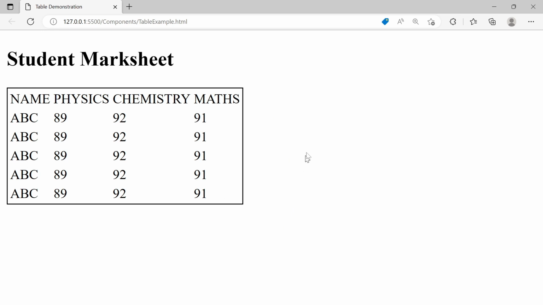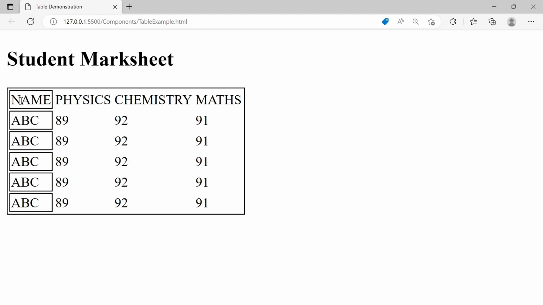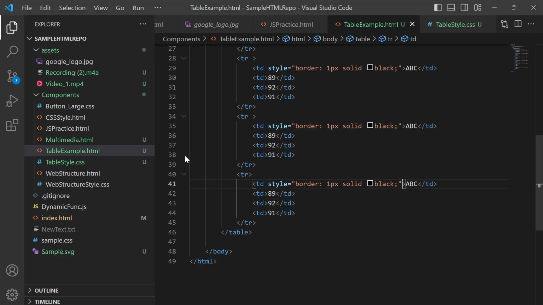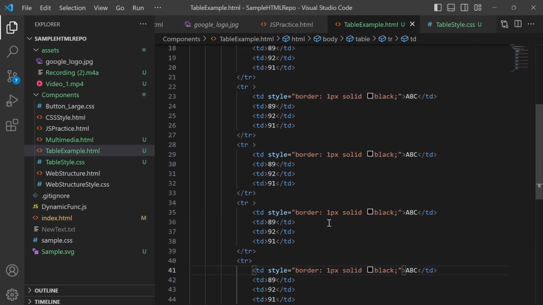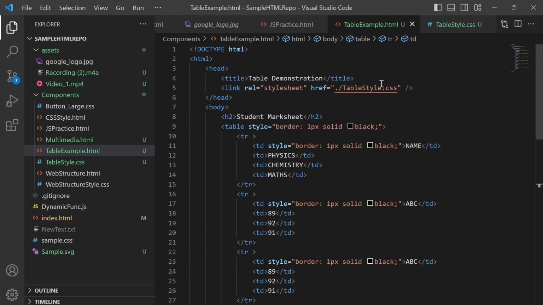So the container has a border. Okay, now we need to have a border for the internal rows and columns. So see, we have added a border to all of the first column. Same thing we need to repeat. Now this is a very repetitive thing. So instead of doing this, we will use CSS.